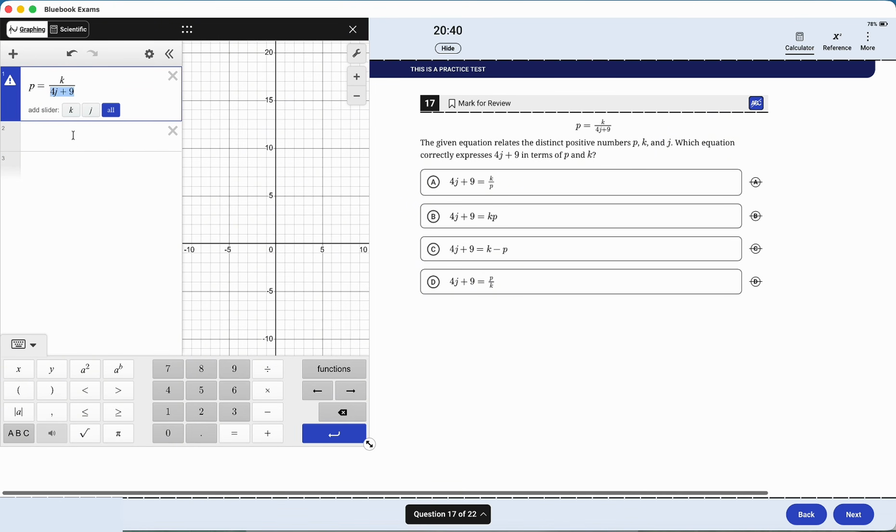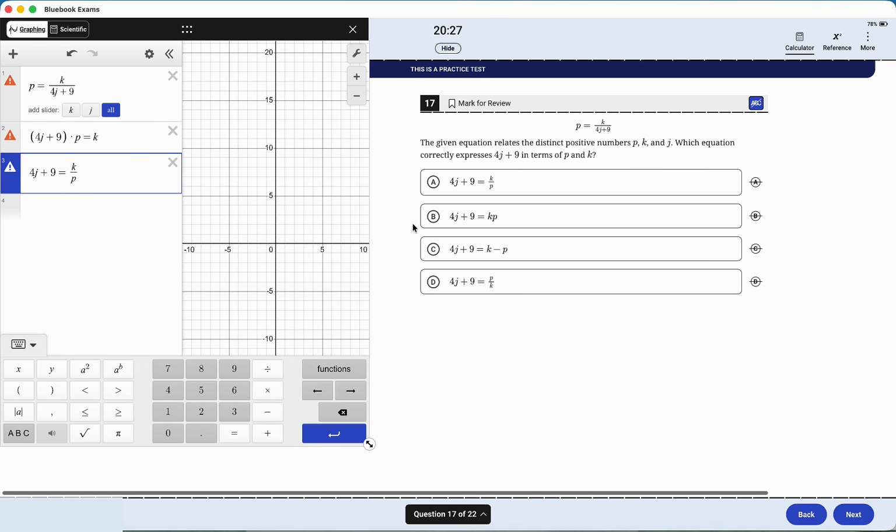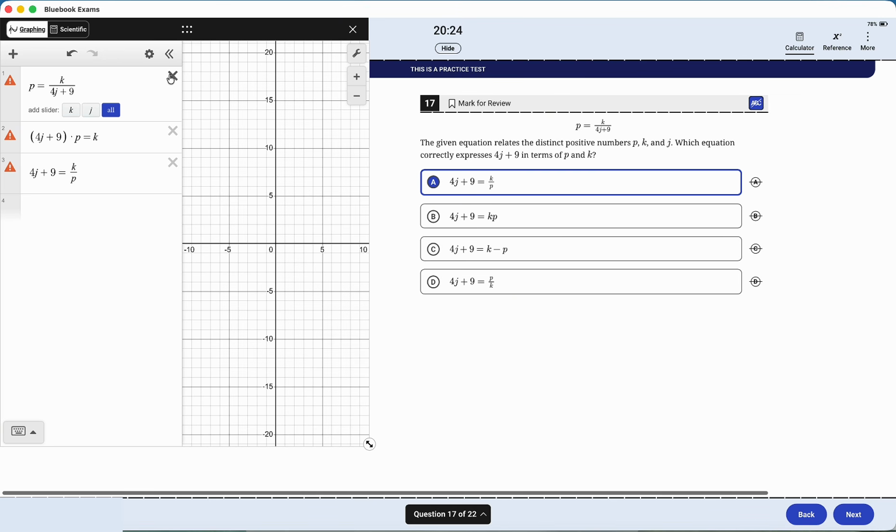First thing you'd want to do is multiply both sides by 4j plus 9. So it looks something like this. It'd be 4j plus 9 times p equals k, right? And now just to get the 4j plus 9 by itself, I'm just going to divide by p on both sides, right? So that's going to be k divided by p. That's our answer. But let me show you how you can do this in Desmos as well,